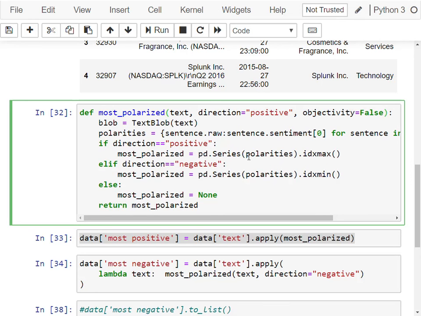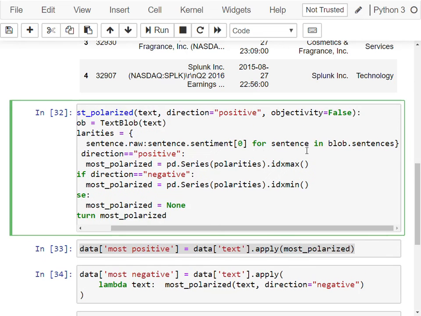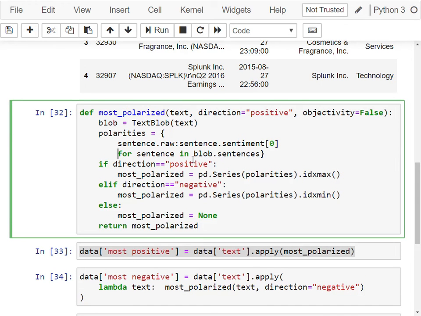So let's take a look here at how we can do that. The element of doing it is here when we construct the dictionary. Because if objectivity is false, we don't want to do anything. If objectivity is true, we need to change how we associate this. So if objectivity is true, we want to weigh this one by sentiment 1. What I'm going to do here, I'm going to include a conditional expression. So I'm going to say sentence.sentiment 0